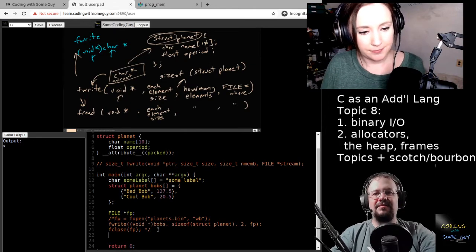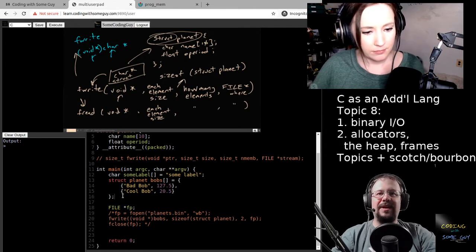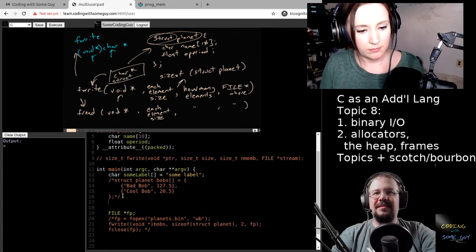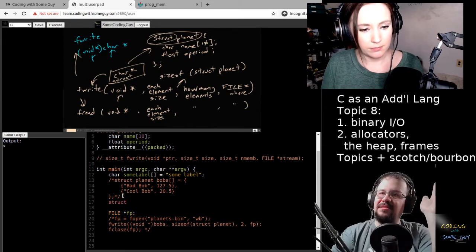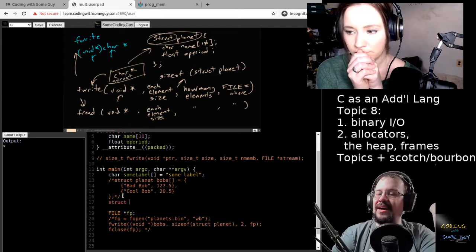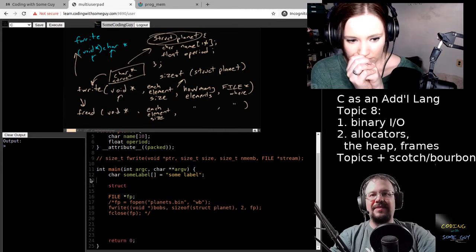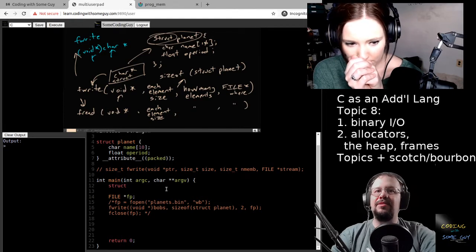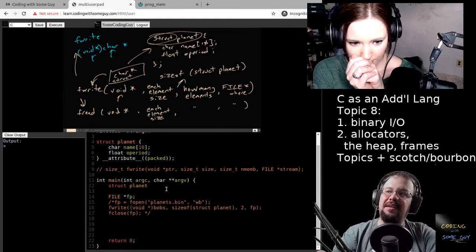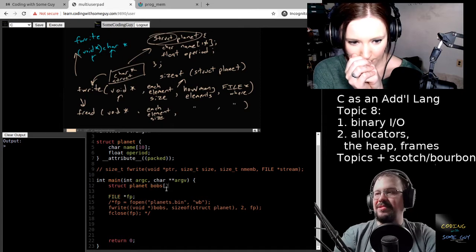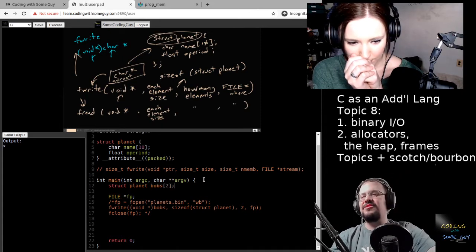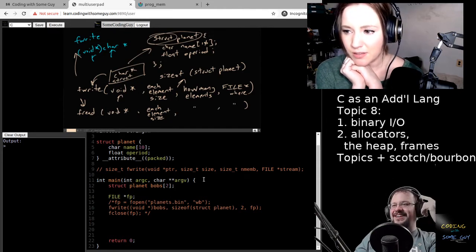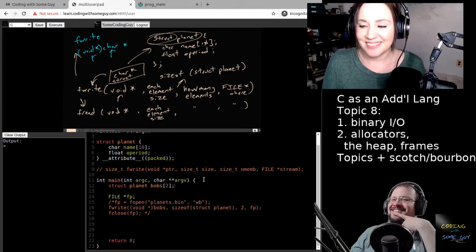So let's start down here, and now we don't have Bob specified. Right now we're dealing with the data. There's already been data, and we don't know what kind of data it is. So actually, I'm not going to comment it because you've never seen it. This is something that was just passed to you on disk. We know that it's a planet, and we know that there's two of them because I'm keeping the example simple for now. But that's all we know. Aren't we kind of lucky that we know that much? Well, we're going to get unlucky in a minute. That's the second half of the lecture.